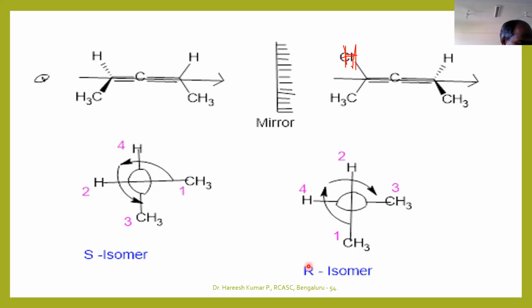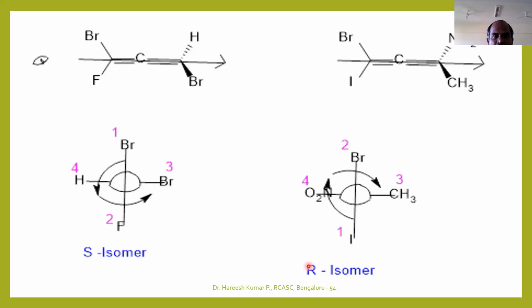Okay, maybe I will also take one more example. Again, a chiral axis is passing through these three carbon atoms. When a chiral axis is passing through like this, these two take the first priority and these two are the next ones. You can observe that these are horizontal groups and these are vertical groups. This is the Br and this is the fluorine, the vertical groups, and these two are the horizontal groups.